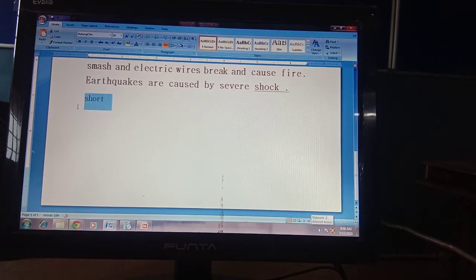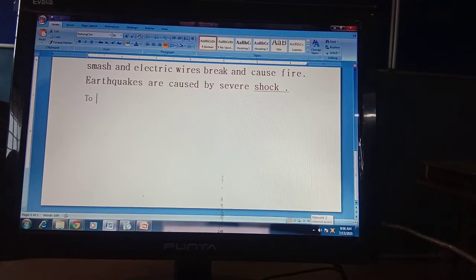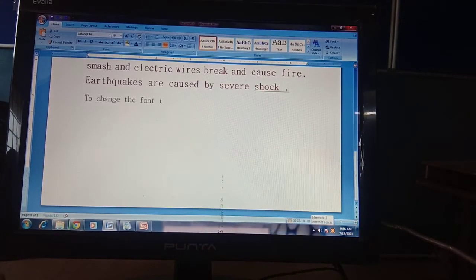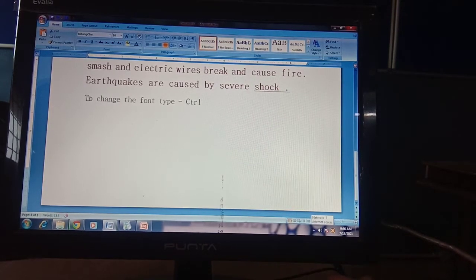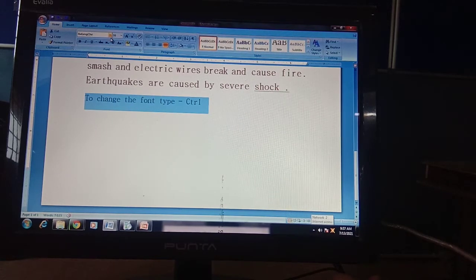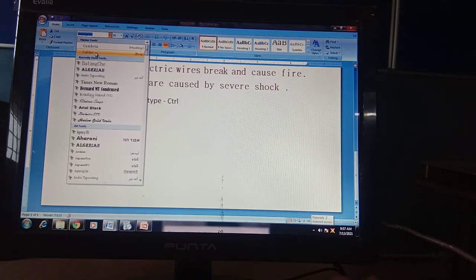First of all I am making it black color. Wait a minute, I am just changing the color to black. Okay, to change the font type. What is the shortcut key? Control. I am making its font also. Okay, because I don't like this font right now. It's Calibri body is okay.